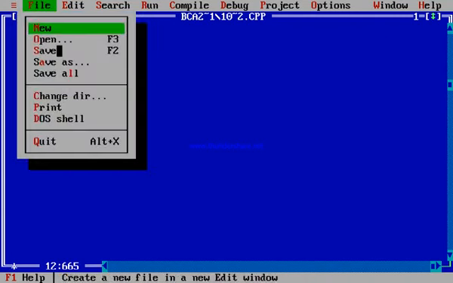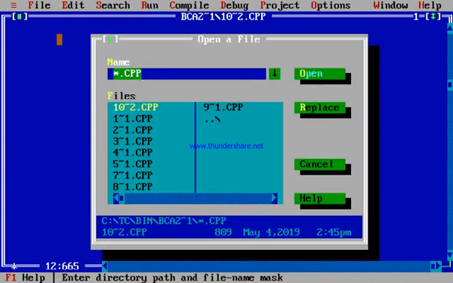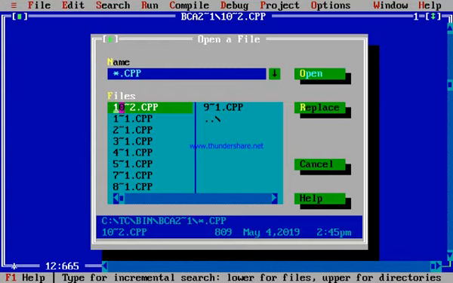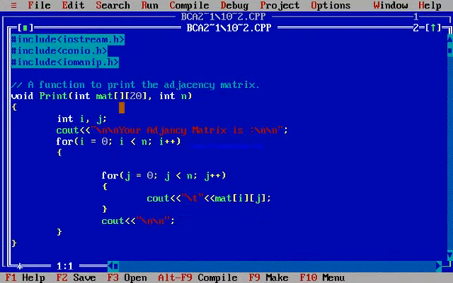Hello friends, in today's lecture we are going to learn how to represent a graph using adjacency matrix. First of all,